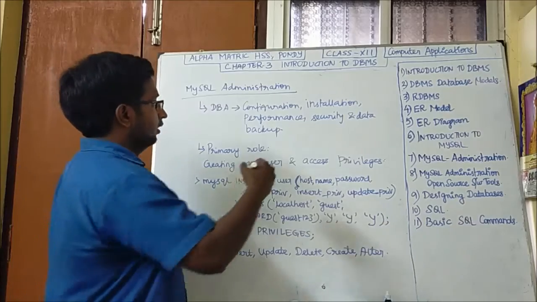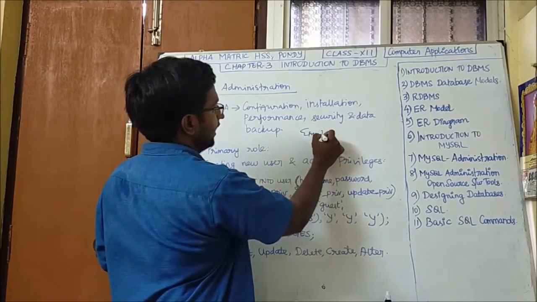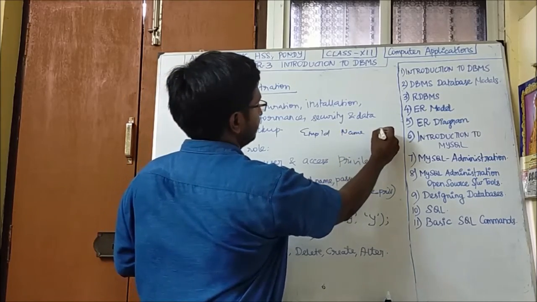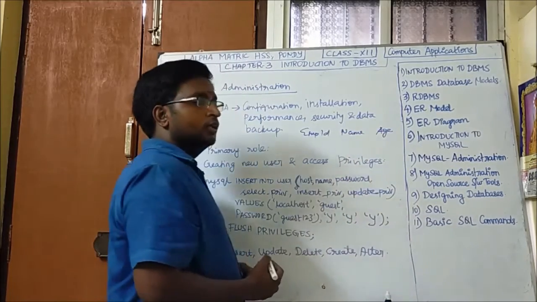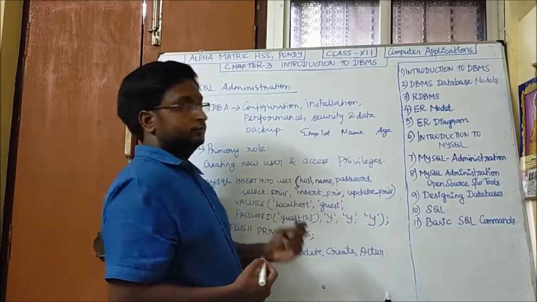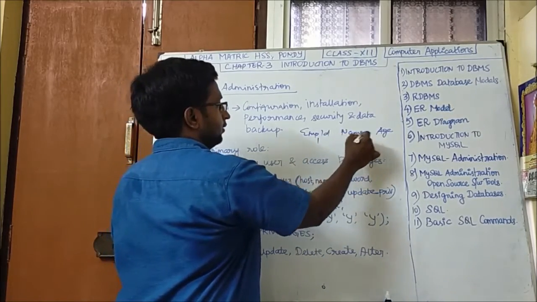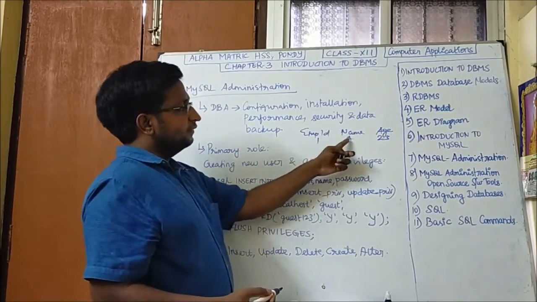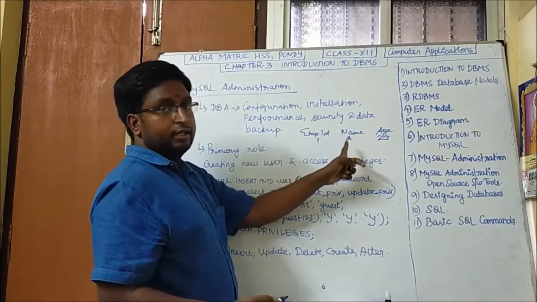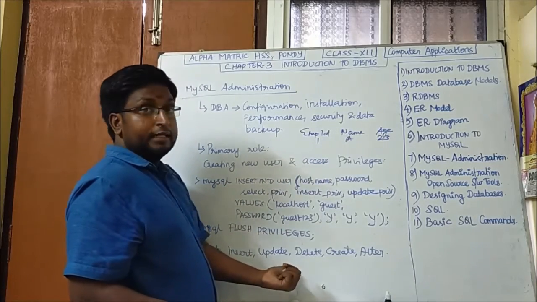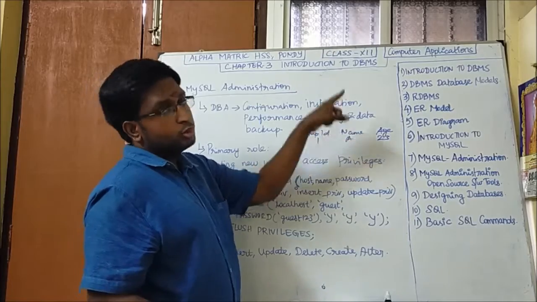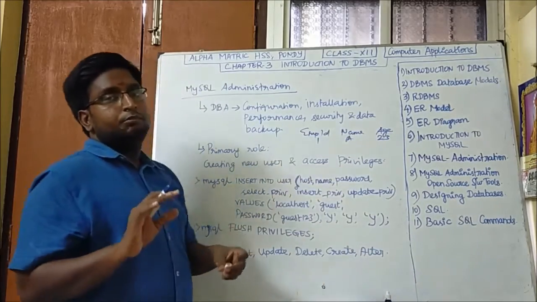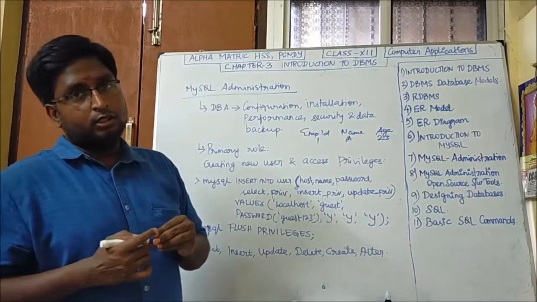For example, I have employee ID, name and age. This is the structure. And the values are 1, a name, and 23. If I change the value of the name here, that is updating, whereas if I add a new column, a new attribute, that comes under alter. This is the major difference between update and alter.